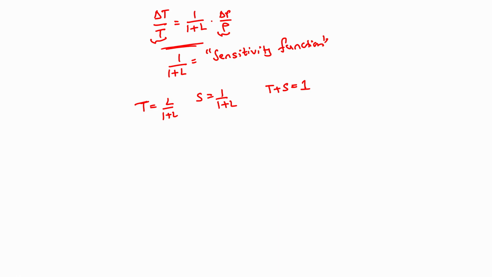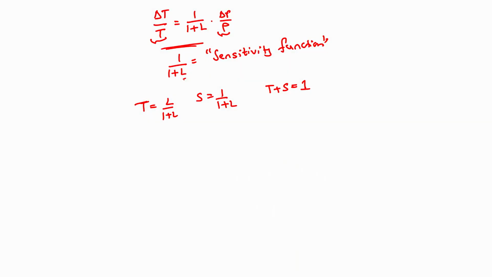Now how does the sensitivity function S look as a function of frequency? We note that in the low frequency and the mid frequency range of our open loop system, our loop gain L is generally going to be very high, because we would have some performance specification to satisfy in these frequency ranges, either in the form of disturbance rejection or in terms of robust tracking or some such specification. Hence in these frequency ranges the loop gain L is going to be very large, with the consequence that the sensitivity function S, which is 1 by 1 plus L, is going to be a very small number in this